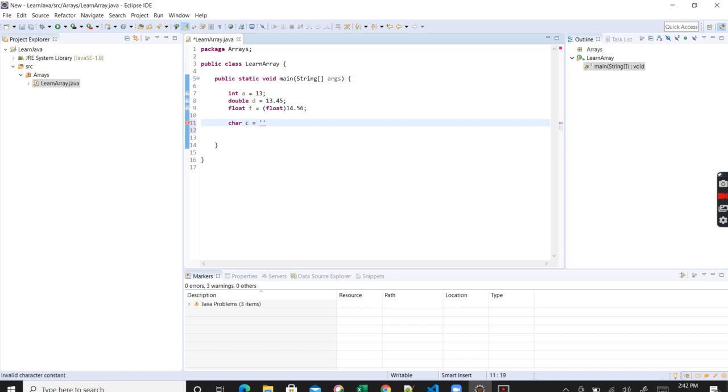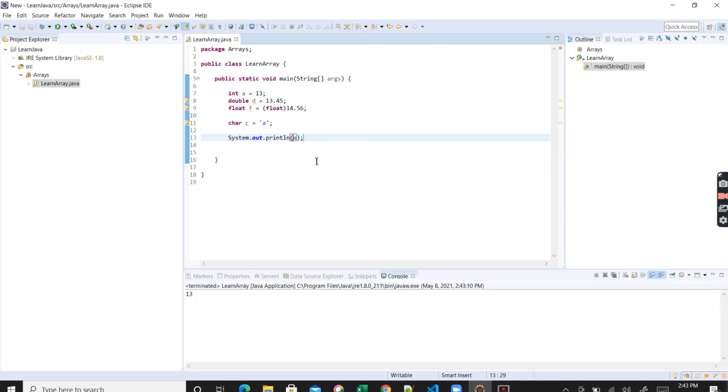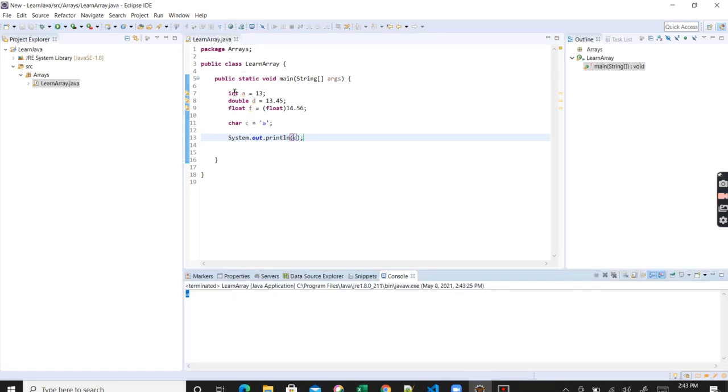So let's say A. Now if I want to print these values, I can print a, and you will see that it shows 13. Now if I print d, it will show me 13.45. If I say c, it will print A. Okay, so these are the basic things.